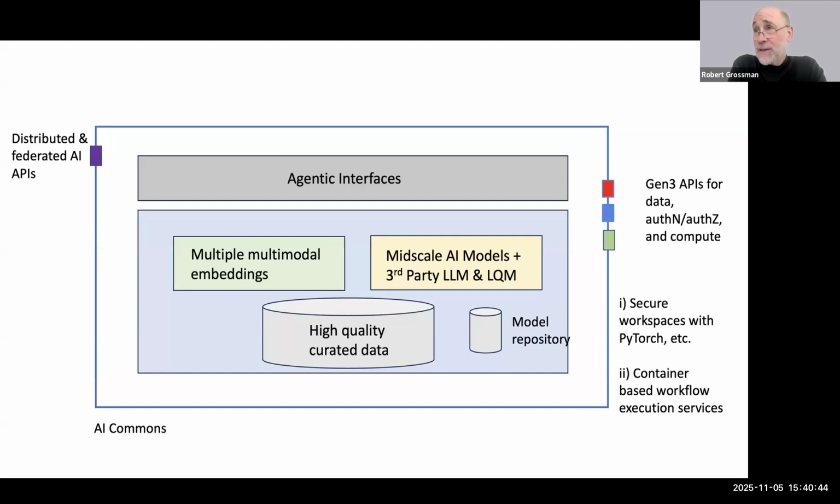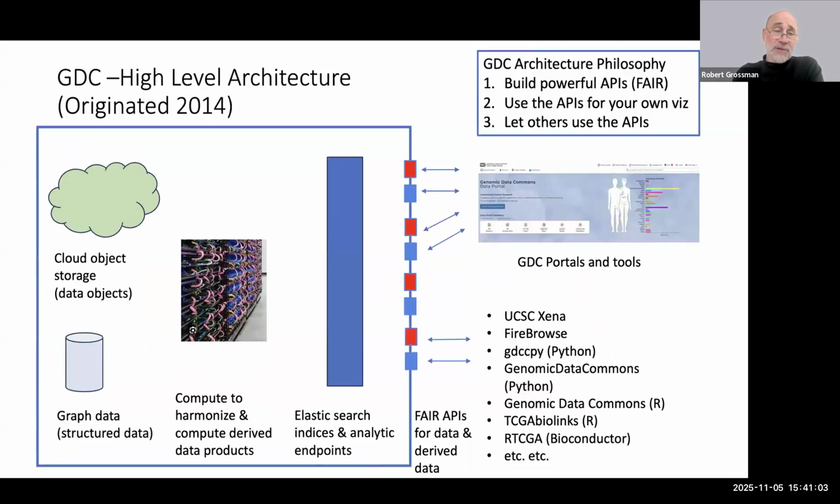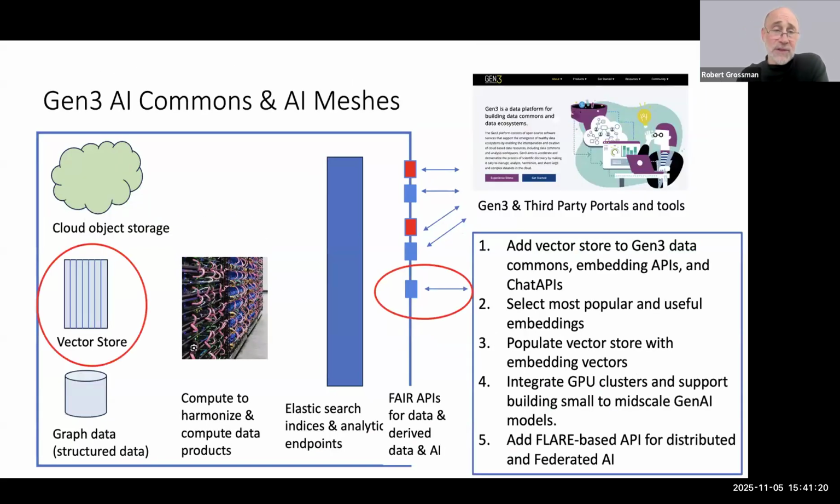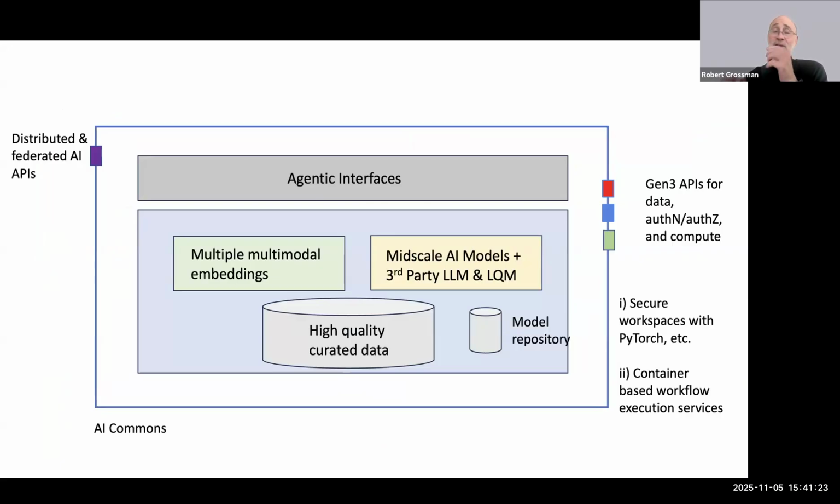You can think of one of the lessons of the GDC, I'll call out Martin and others who sort of understood the importance of this. Martin Ferguson is that, clearly if you're doing variant calling, there's no one best variant calling algorithm. And so we supported multiple variant calling algorithms. We made them all available, and we let people do analysis with them in this very broad ecosystem. And so I think that's an underappreciated lesson in the GDC. And so we're taking the same lesson here.